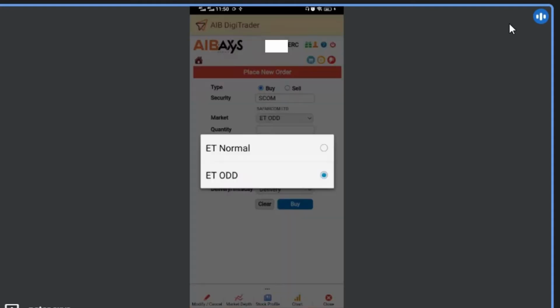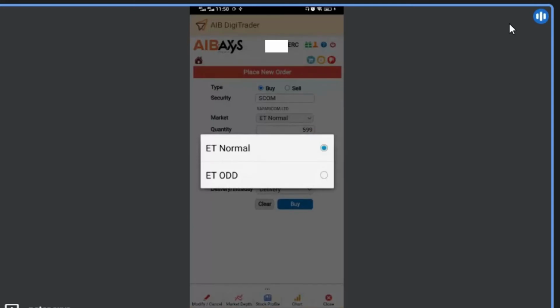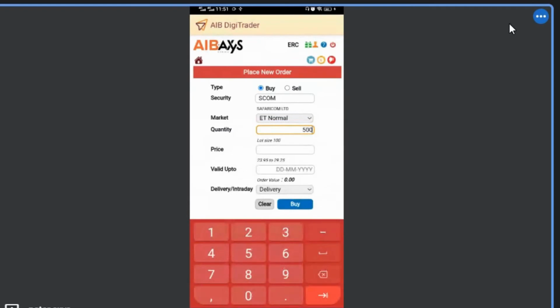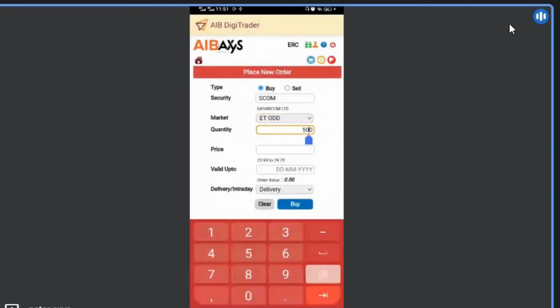If it is anything in multiples of 100, you put in ET normal. That is 500, 1,000. What if I want to buy 599? You won't place in either of these two boards. So you place the 500 in ET normal. Then your balance of 99, you can put them at the ETODD. So that way you have bought 599. You ask, why then do I need to buy 599 shares? If I can get 600,